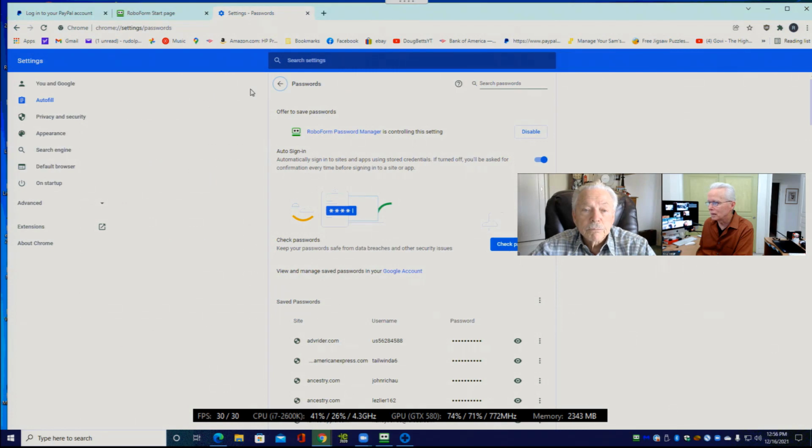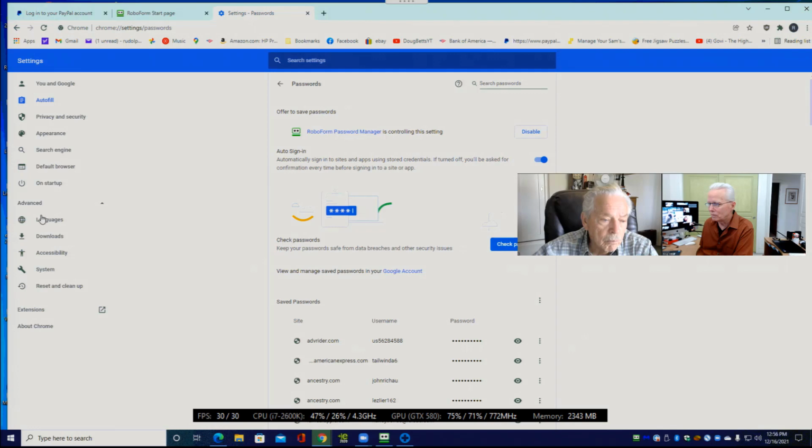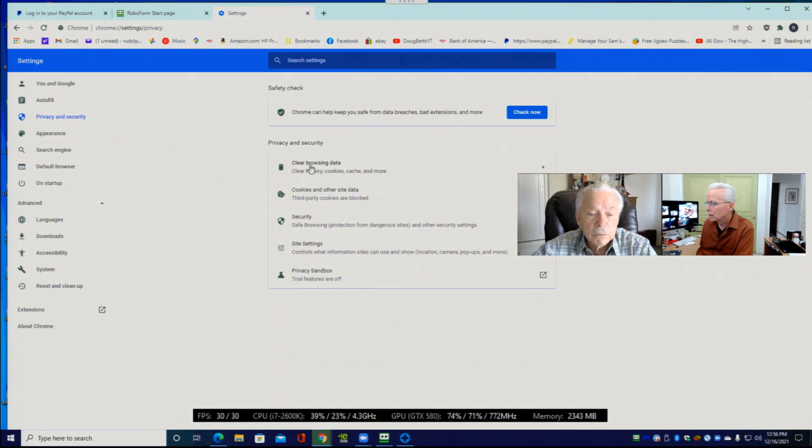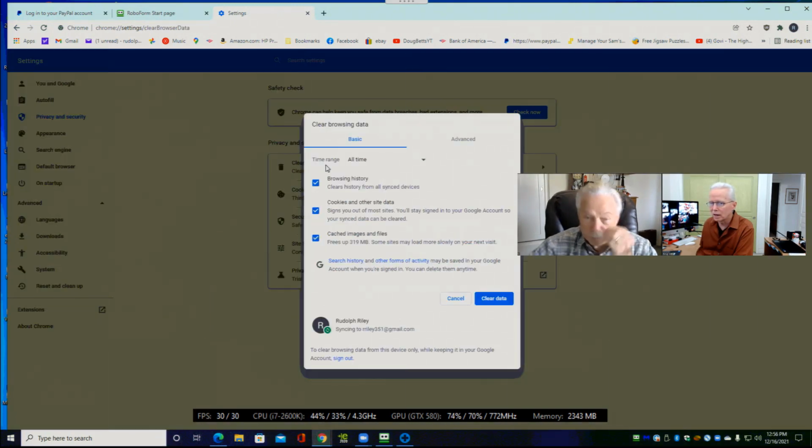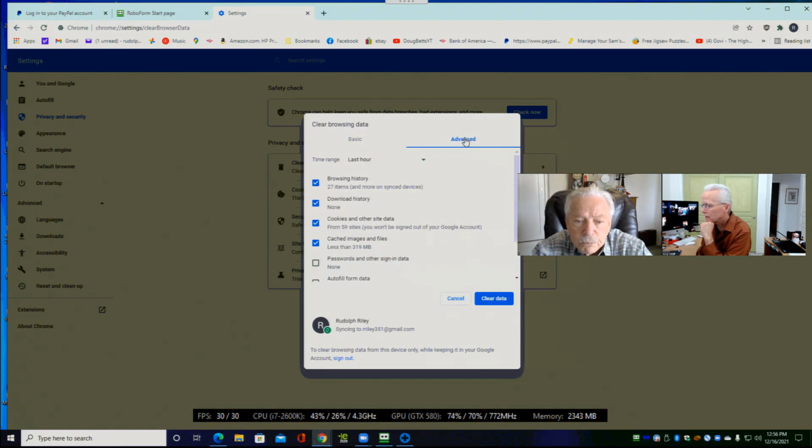Clear browsing data. So what we want is, I think it said advanced. I only half paid attention to what it said. Clearing browsing data on startup, default browser, appearance, privacy, security. Clear browsing data. There it is. So we click on that. And then here's advanced. Last hour, passwords.